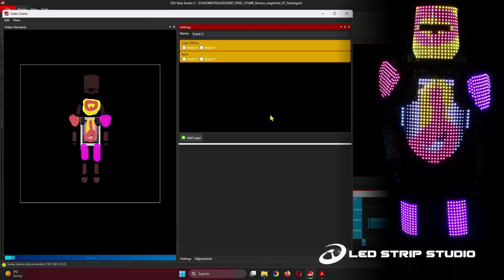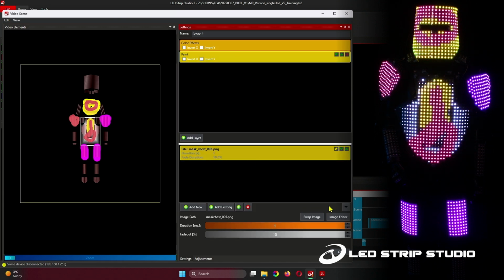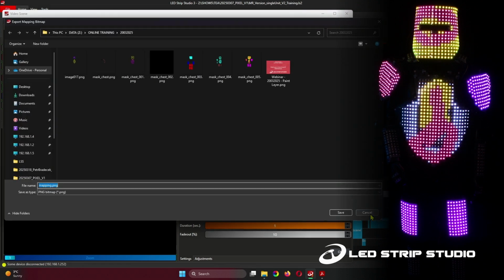I think that we still have some time. If there are no other questions, I will show you also one more feature, and that is you can export your bitmap. And that bitmap you can then edit in any third-party software, Photoshop, GIMP, Paint, any kind of software. If I hit export bitmap,